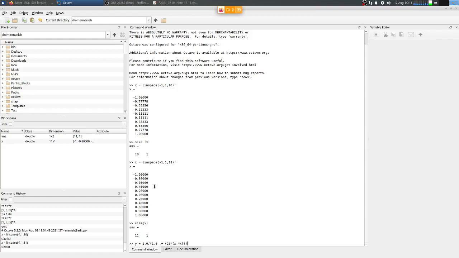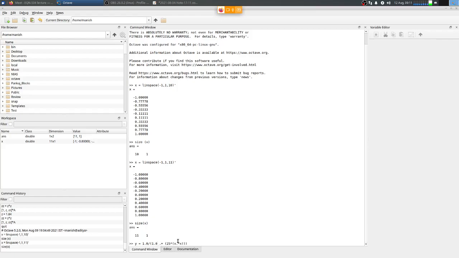We need x squared, so that's element by element multiplication. So minus 1 gets multiplied with minus 1, minus 0.8 gets multiplied with minus 0.8, and so on. Each element gets multiplied with the corresponding element, and then it is multiplied with the scalar 25. So this entire vector is scaled by 25. And then again,